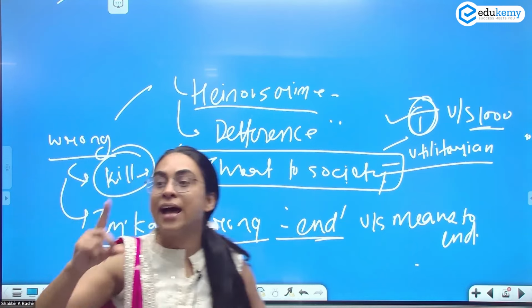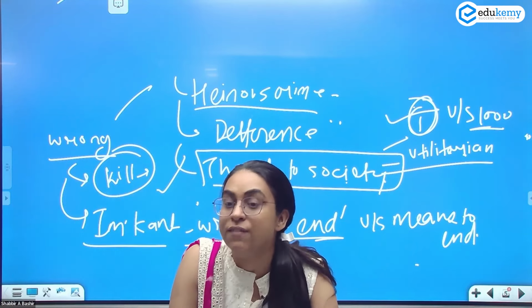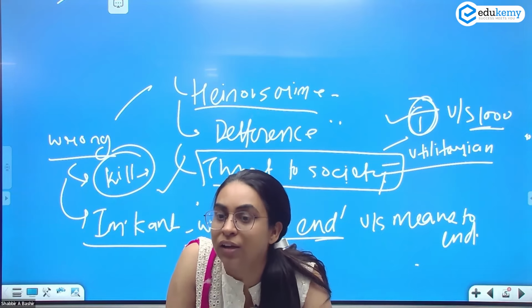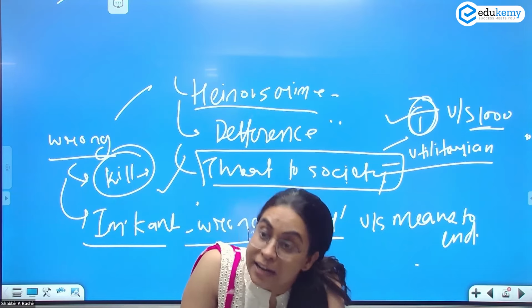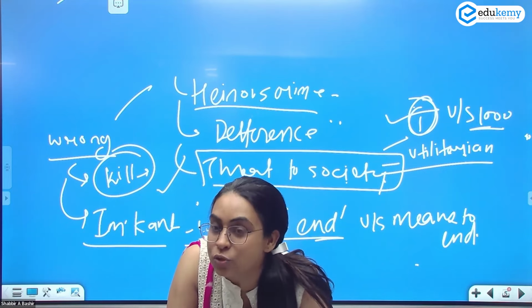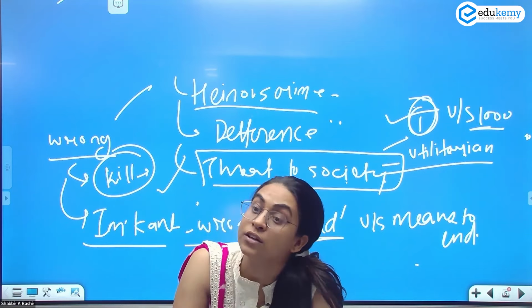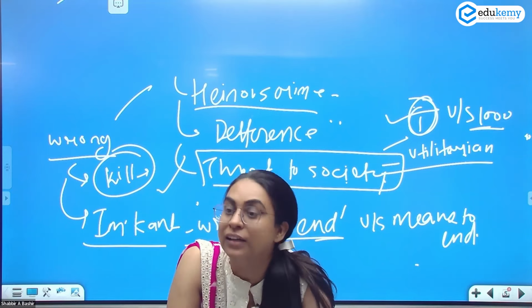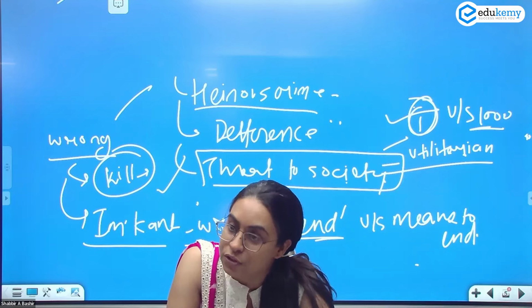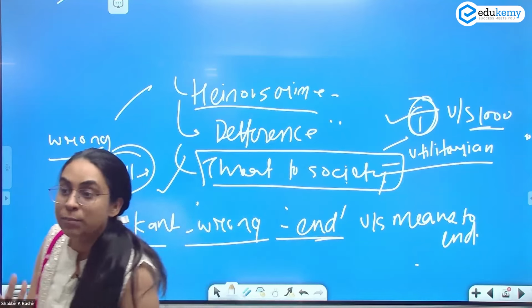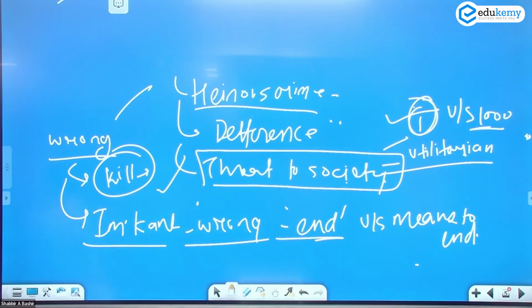If somebody has committed a crime, if somebody has become a danger to the society, what is the right path? The right path is to correct him rather than kill him. The right path is to go for reformative justice rather than punishment, rather than revenge. Understood? So what would Gandhi ji say? An eye for an eye will make the whole world blind.